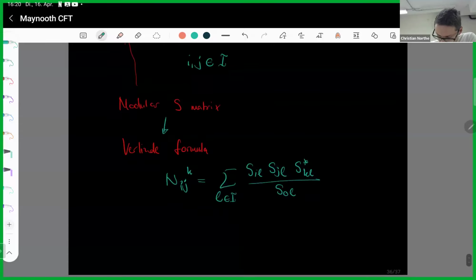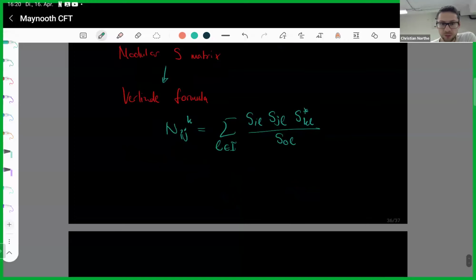The structure of this formula becomes more eminent written in the fusion matrices that we introduced. In terms of the fusion matrices, this really is just, so I take the fusion matrix Ni. Remember that the coefficients of this are just these. Let me remind you, Ni, J, K is this. And then